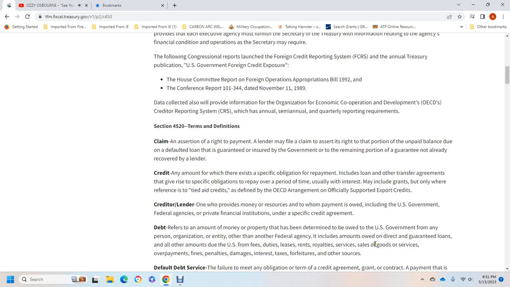Official support export credits. Creditor is a lender, one who provides the money or resources for whom payment is due, including the U.S. government, a federal agency, or a private financial institution under a specific credit agreement. Debt refers to the amount of money or property determined to be owed to the U.S. government from any person, organization, or other federal agency. It includes the amount owed on a guaranteed loan with all other amounts due to the U.S. in the forms of fees, duties, leases, rent, royalties, services, sales of goods or services, overpayments, fines, penalties, damages, interest, taxes, forfeitures, and